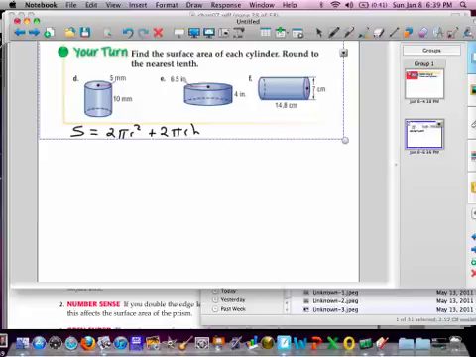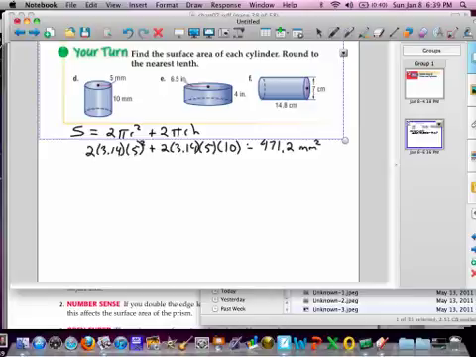So first one, 2 times 3.14 times 5 squared plus 2 times 3.14 times 5 times 10. There's not really a tough thing to it, other than you just got to get the numbers put in there, plug them all in, and everything should work out. If you do that one, you should have come up with